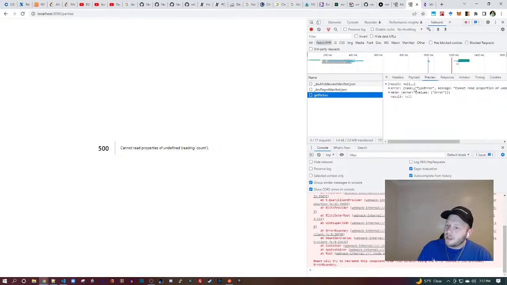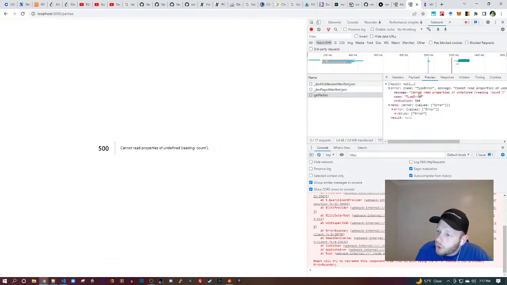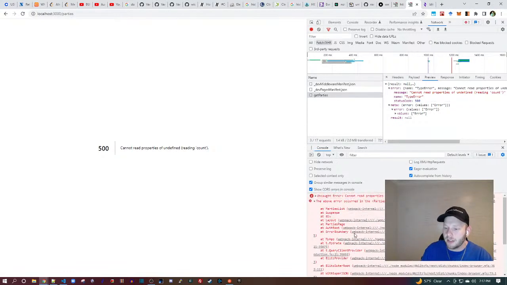Okay, so we have this. Let's read. It says type error. It's a type error. You see that? Cool. So literally, it's telling us what the whole problem is. This is why we love Blitz, we love React, we love Next, we love TypeScript, and React Query, which are all the tools that are being used together here to float this error up for visibility so that I can see very clearly what's going on.